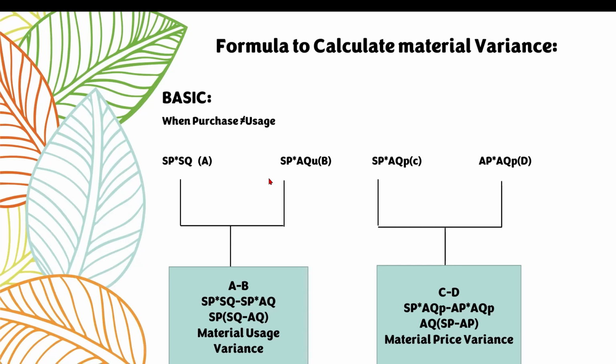The only difference is that we have to write SP into AQ, SP into AQ twice. Why? Because one AQ is for the material used in the production and one AQ is for the purchase quantity. Remember, usage comes first and then purchase. You can't alter these two, otherwise the answer will be wrong. So the difference of again the first two will be your material